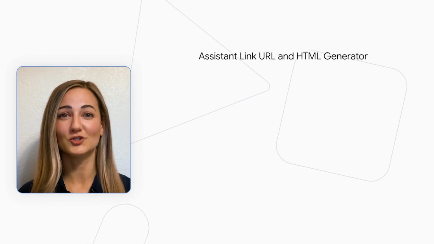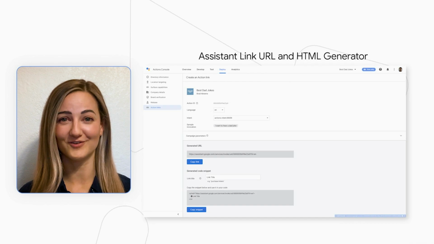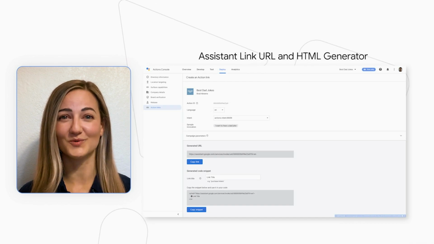Assistant links, previously known as action links, take users directly to a specific intent in your action. And now they can be generated in a flash with the new Assistant Link URL and HTML generator. You can find this tool in the Assistant Studio Developer Console, along with documentation to help you maximize the effectiveness of your Assistant links. These links look particularly great shared on social media, where they'll show your branding and action